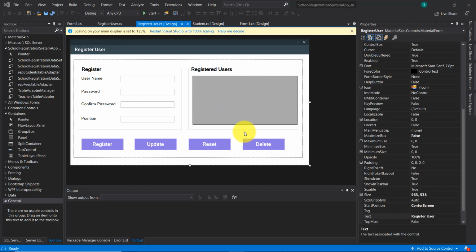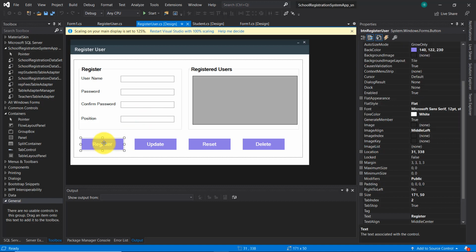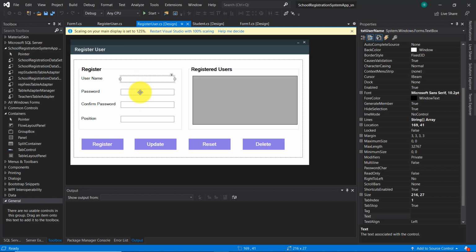But today, as I told you, I want to make the code which will validate the data typed into these text boxes, and also the code behind this register button. When the user clicks on this button, the code will check if the data typed in these text boxes are valid, and if these are valid, the user will